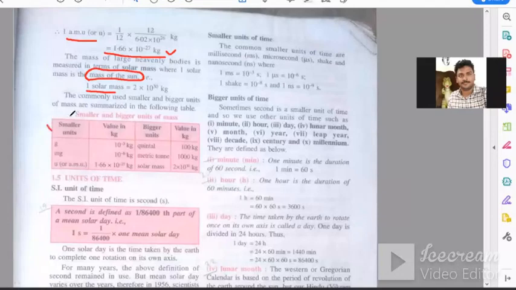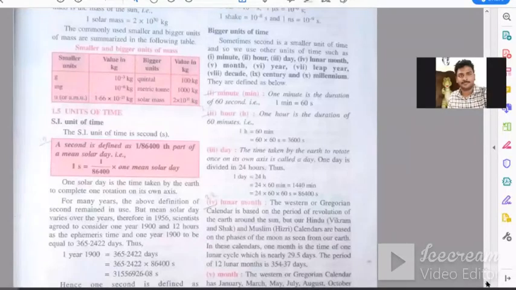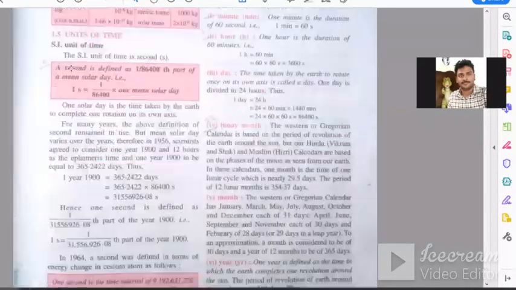Now this is the summary of what we have studied. Now this is the unit of time. So in unit of time, what you can see, we are having solar day, that is of 24 hours. I think all of you know that in one day there are 86,400 seconds. Or in other words, in 24 hours there are 86,400 seconds, and the SI unit of time is second.